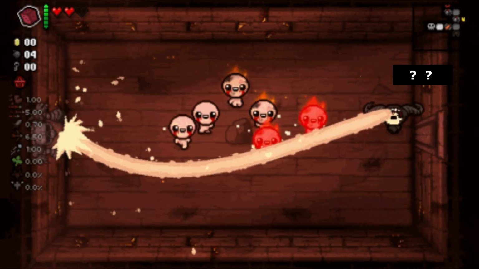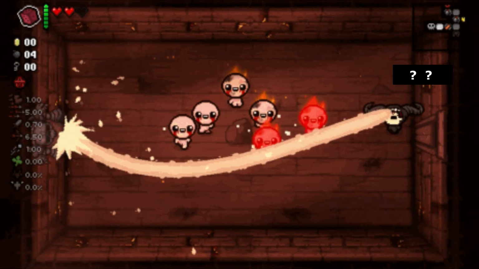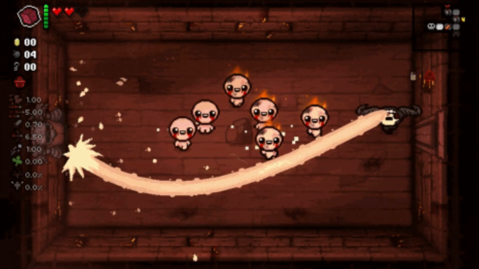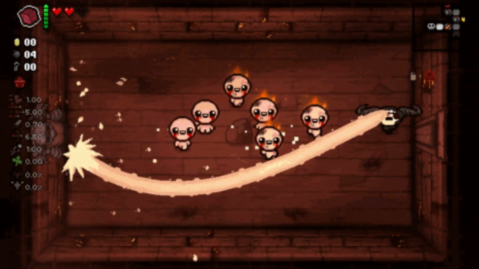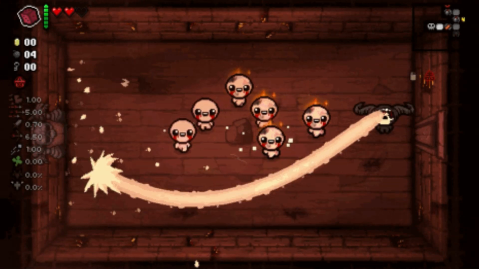Okay, so this is another one that I remember. It's Soy Milk plus Brimstone. It's pretty cool looking. It looks like you don't have to tap the button repeatedly, because that is a non-stop forever laser. What's interesting about this GIF, I find, is that as he's moving, the laser is wobbling,